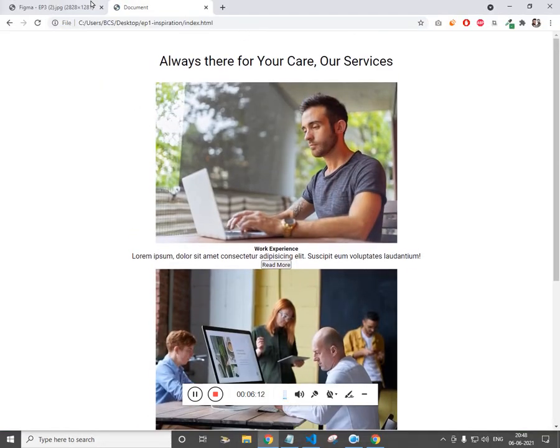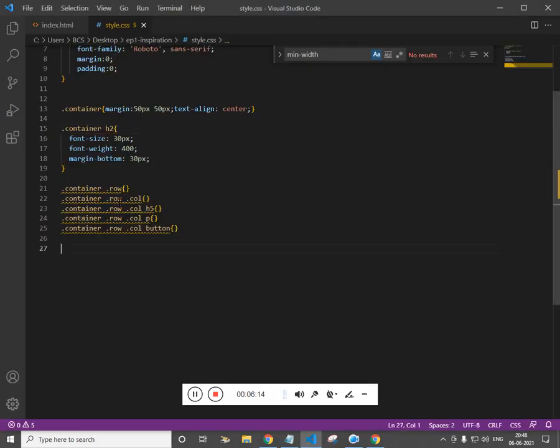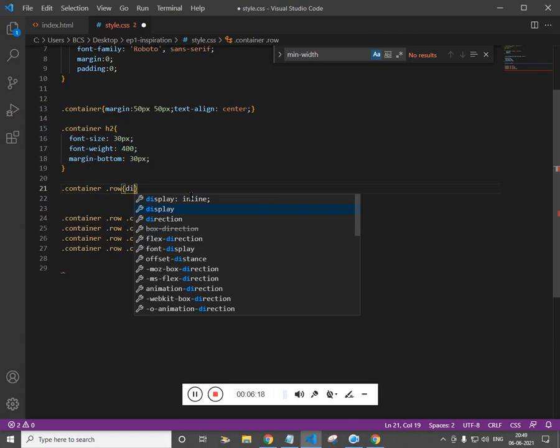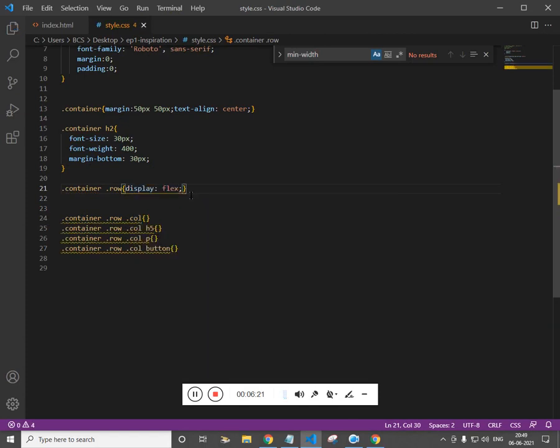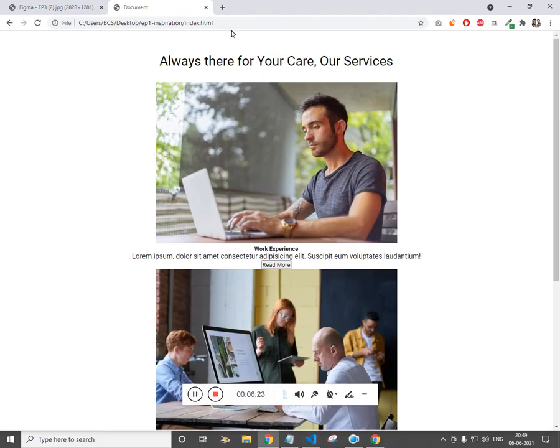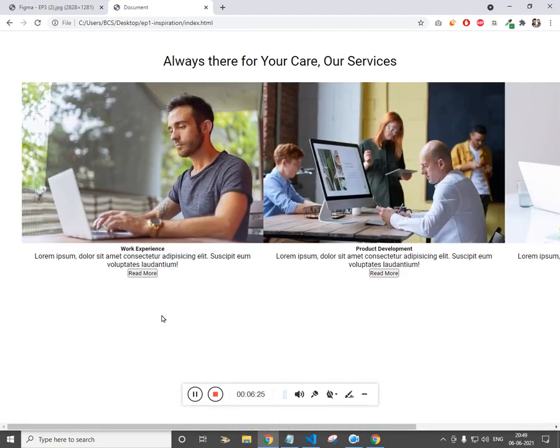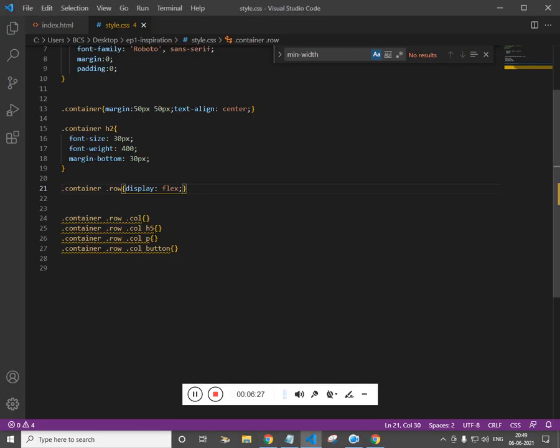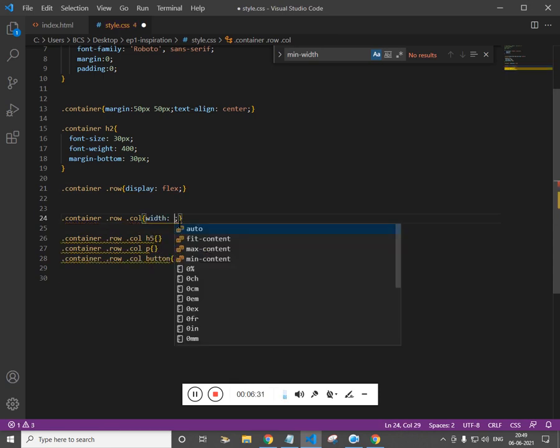Cool, we got the margin. Now let's work on the row. I want it to be display flex. Now you will see all of them will be side by side. So let's give the width to the column, let's say 33% for desktop view,